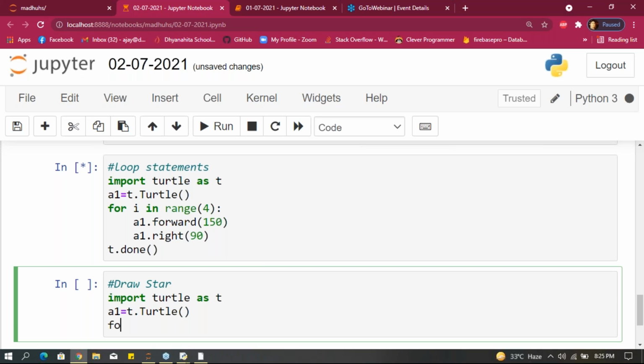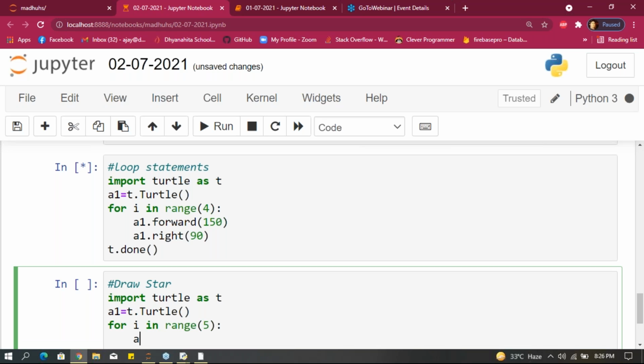After that, for i in range, how many sides are there? In a star, I'm taking range 5 because the star has 5 sides, right?